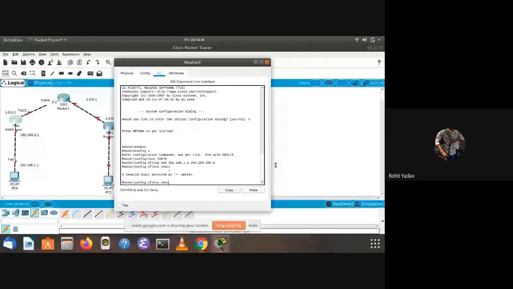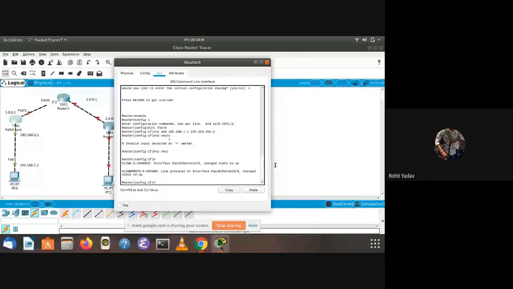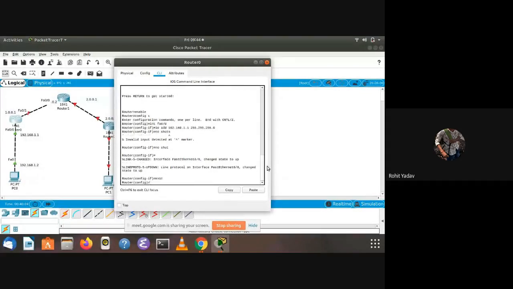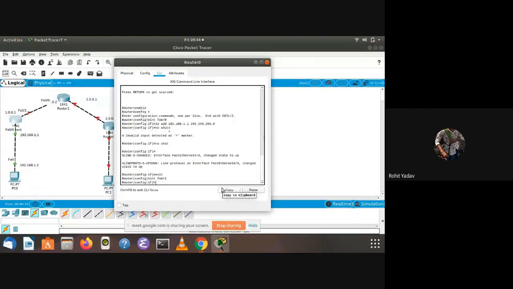Now we will go back and select another interface, this one FA0/1, and assign a particular IP address to it. Now we have come in, and we will add 10.0.0.1.